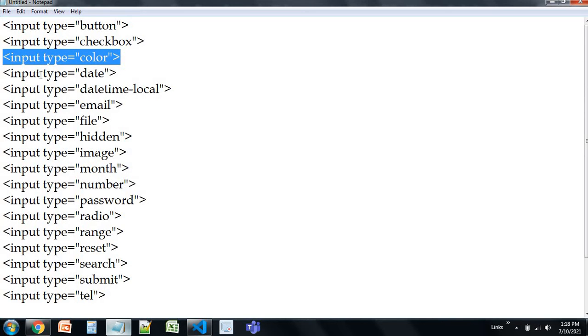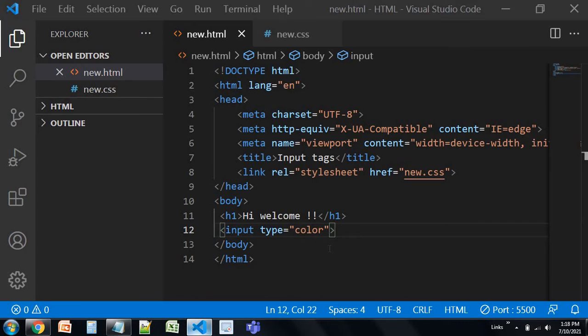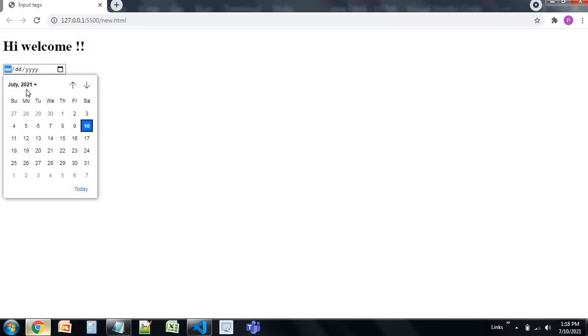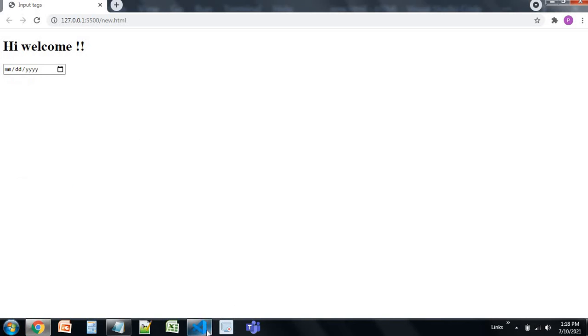Now our next tag is date. Now what is date? You can see that it shows what date it is. Suppose today it's July 10, 2021, Saturday. So it shows July 10, 2021, Saturday. This you can use, suppose you want to display something to your user, you can tell them that the date is today, so you can use this for that case.